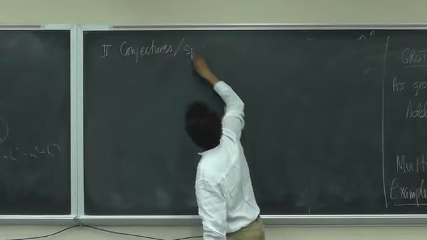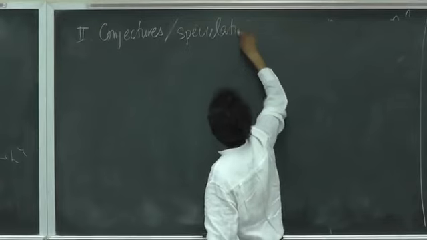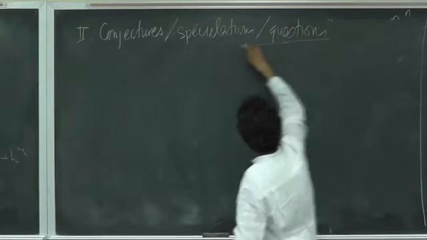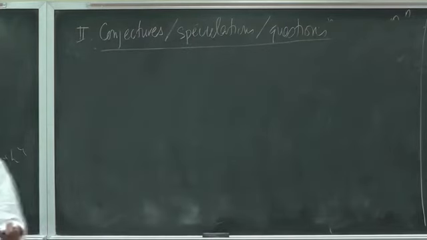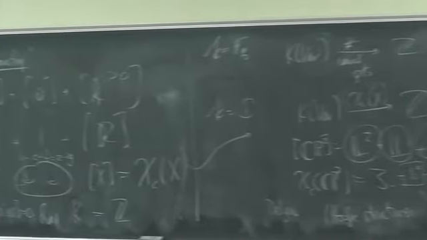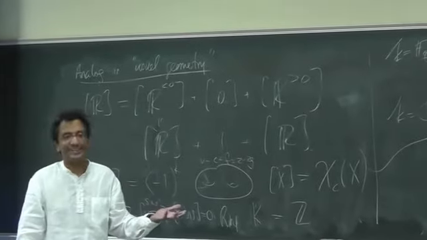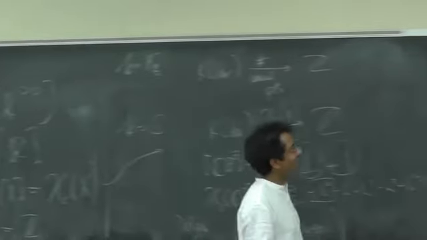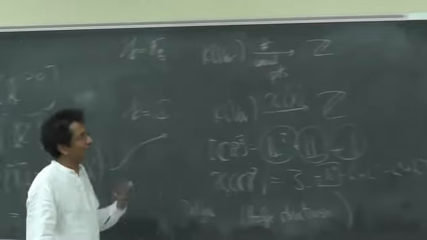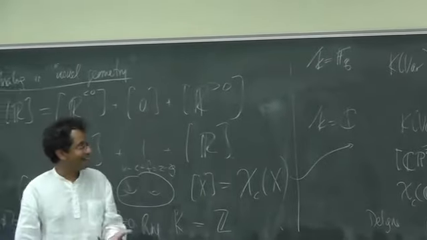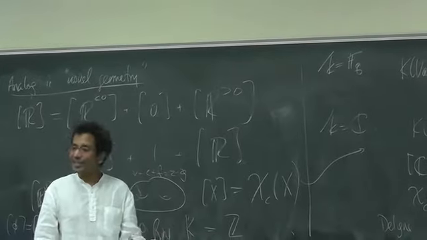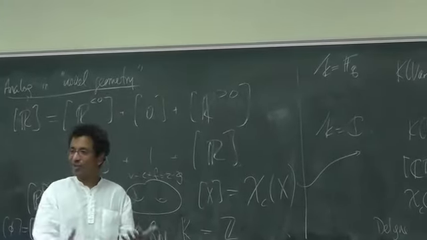And some of these, in the literature, are sometimes called conjectures or speculations or questions. But in this particular area, they all mean the same thing. Normally in mathematics, when you have a conjecture, it's because you think it's true. And in this case, one thing I feel quite certain about is that conjectures tend to be true or false. And somehow these conjectures are such that if they're proved true, it would be interesting. If they're proved false, it would be interesting. And it's sort of the not knowing that's the problem.